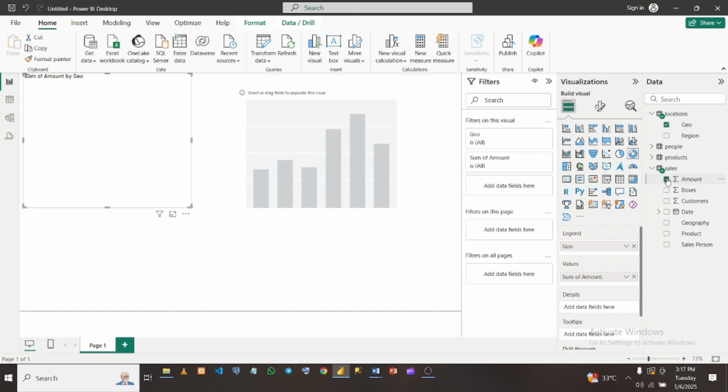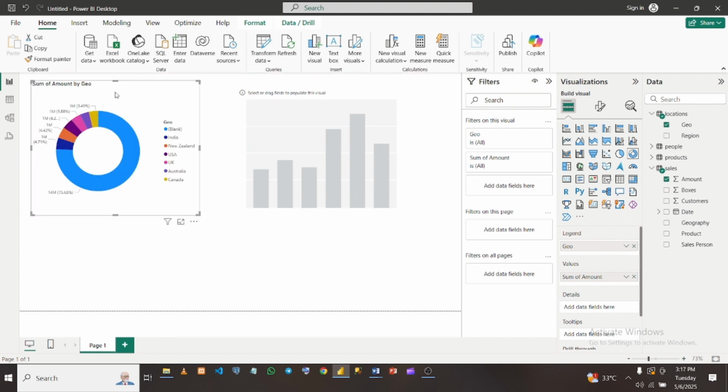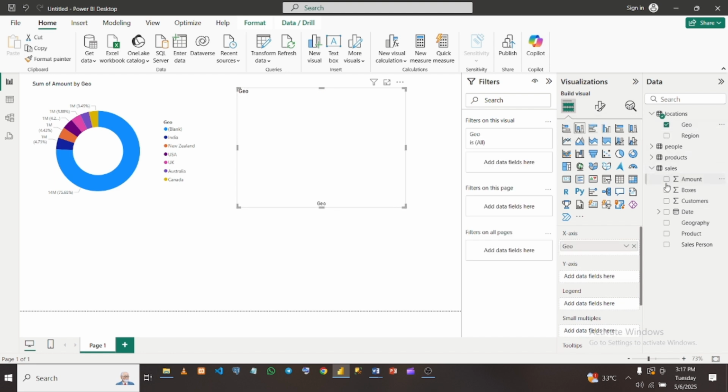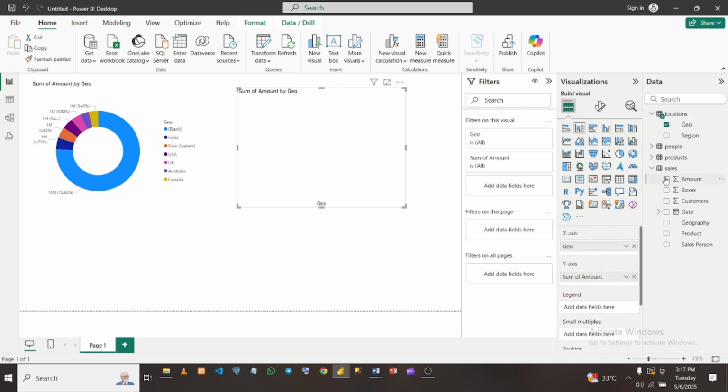Power BI would automatically create our visual. Let's drag that down. Yes. So click on the stacked column chart and also check the geo and the amount